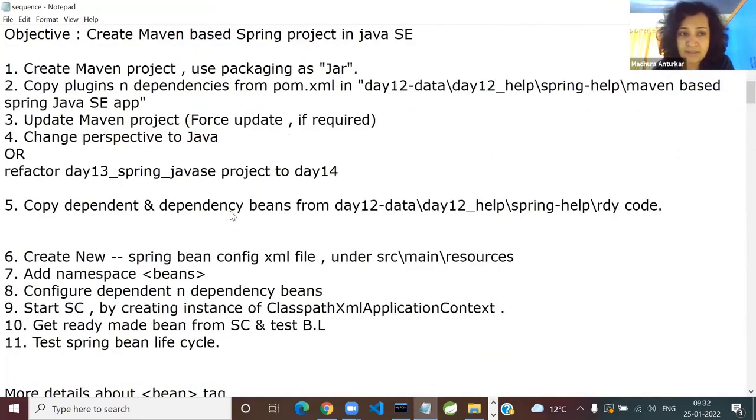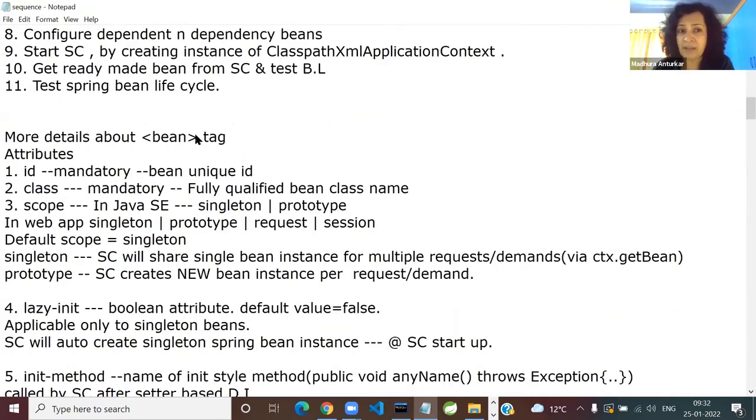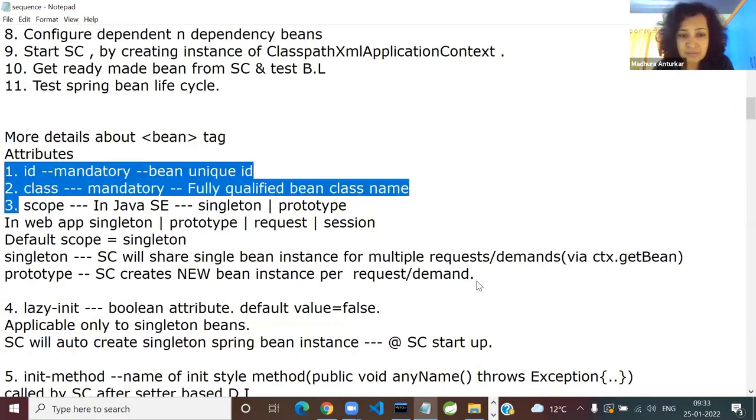So here, read this. Which is the tag we are configuring? We are configuring the bean tag. Read this much, slowly.